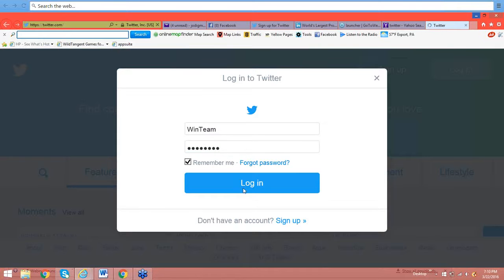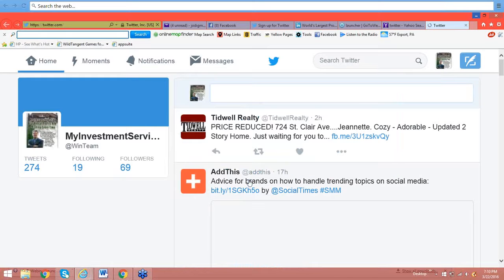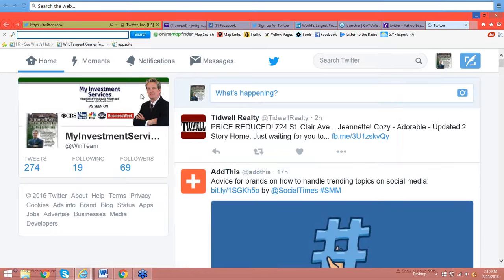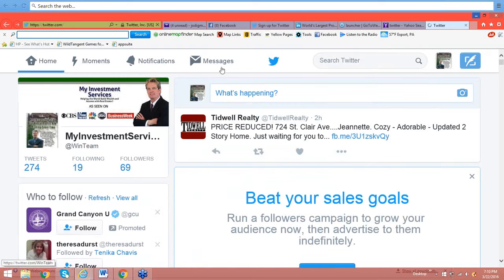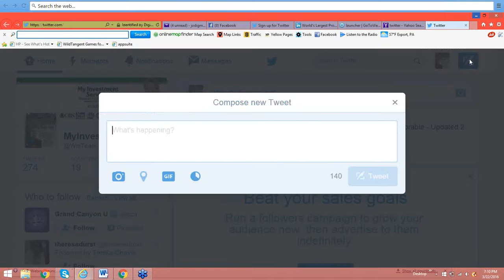And I'm going to walk you through the steps on how to set a post up. So you can see right here, we have a picture of Gary, and this is Gary's Twitter account. If you go over to the right-hand side, you will see the blue box with the little feather in there. That's where we're going to be posting our tweets on Twitter. So we need to click on the tweet, and this is very important that you click on this.